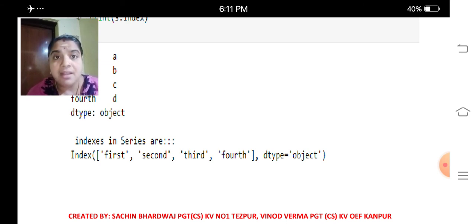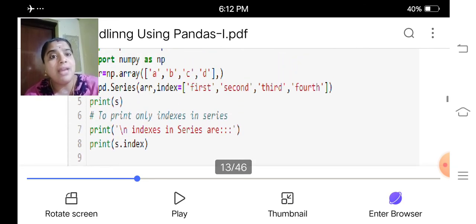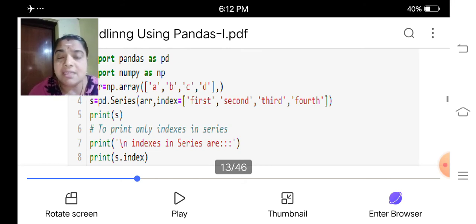My dear children, the index keyword is used for giving the programmer's desired index for any original value in a series. My dear children, try to do the program in Pydroid, and you can assign your own indices for the original values in a series.